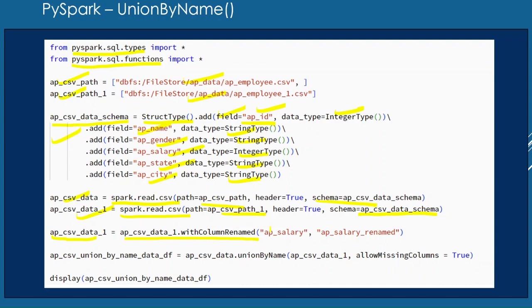I'm just changing one of the column names in a data frame. So in this data frame we are going to change the column name AP salary to AP salary underscore rename. Now, after changing the column name, the schema of this data frame and this data frame is different.